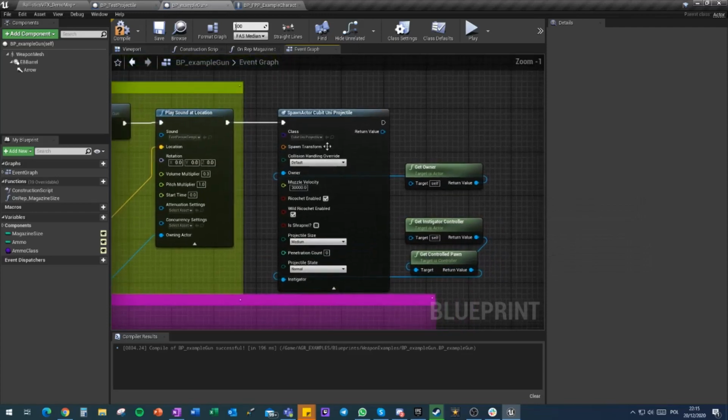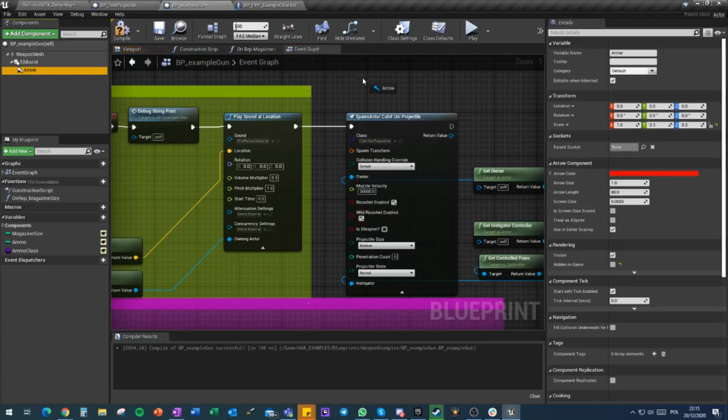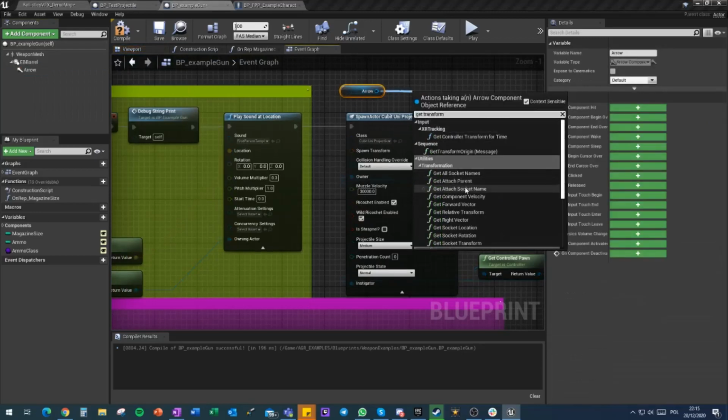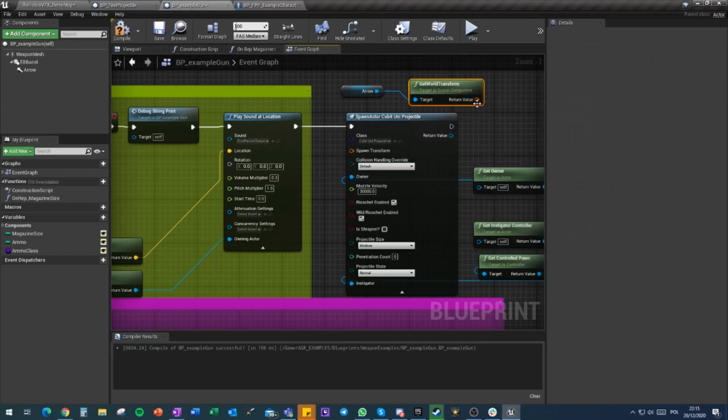Okay, so we are spawning a new projectile with everything default. We'll take also our arrow and we'll get transform, and get world transform, and we'll set it as the spawn transform. Okay,